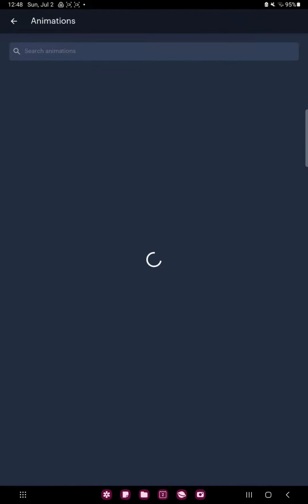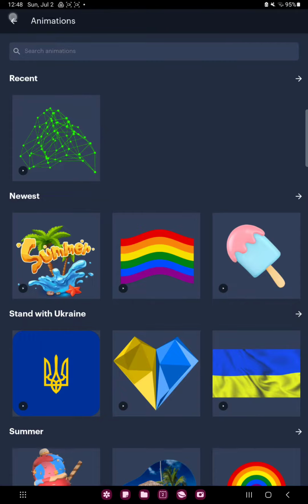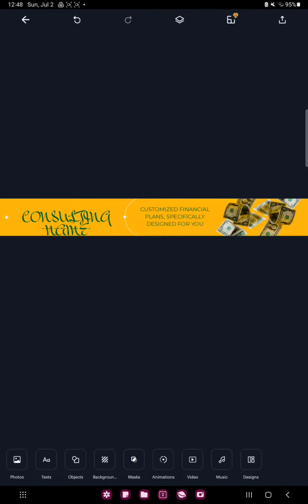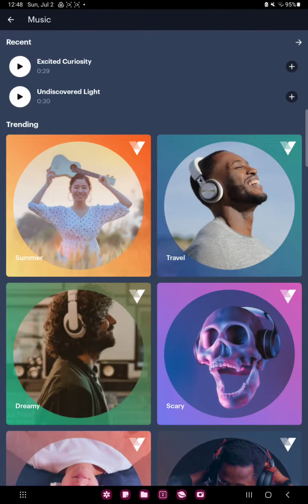In the animation section you can find different animations which you can add to your project, and in the video section you can search or upload videos. In the music section you can find different music, and if you want to add some, just select one and click the plus icon